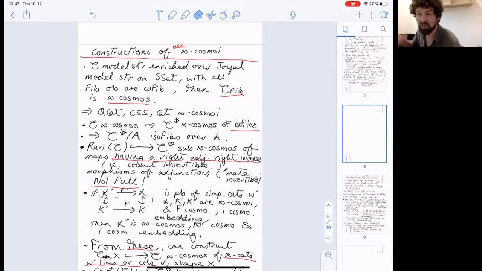So I don't know how to. So you'd have to prove it for quasi-categories, maybe using accessible model category stuff. Giorgi probably knows a proof of that. And then from there, I suspect, or it would surprise me if you couldn't bootstrap the equivalence property. Well, maybe, okay, so it's possible, but let me explain where it's going to be used, which is sort of about bootstrapping. Yeah. But okay, so let me run through what happens for accessible infinity cosmoi.